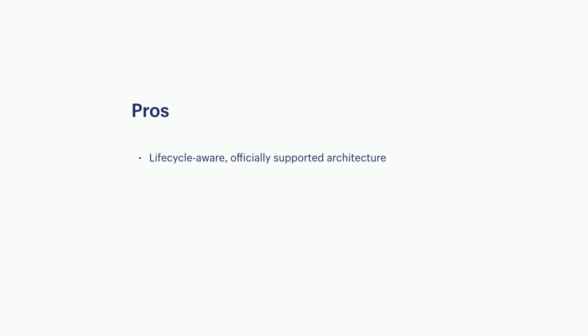So I know that was a lot of info, so just to recap, some pros for using architecture components. We now, as developers, have a lifecycle-aware, kind of officially supported architecture, which is really handy. The LiveData auto-updating is a really nice feature. And a really great thing about them is that you can, as I said, use them